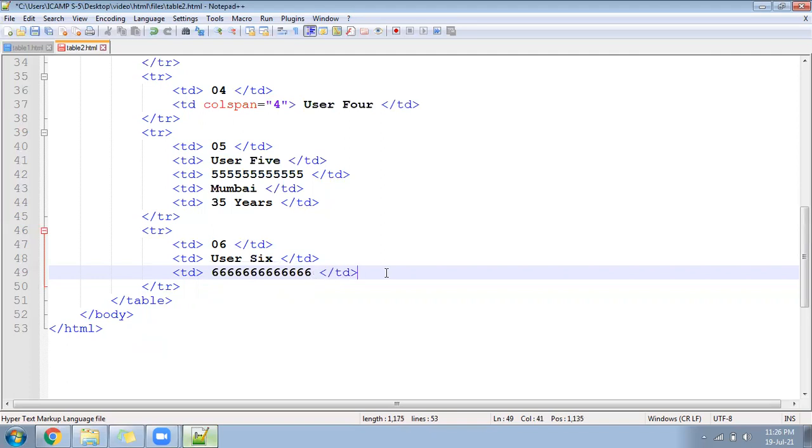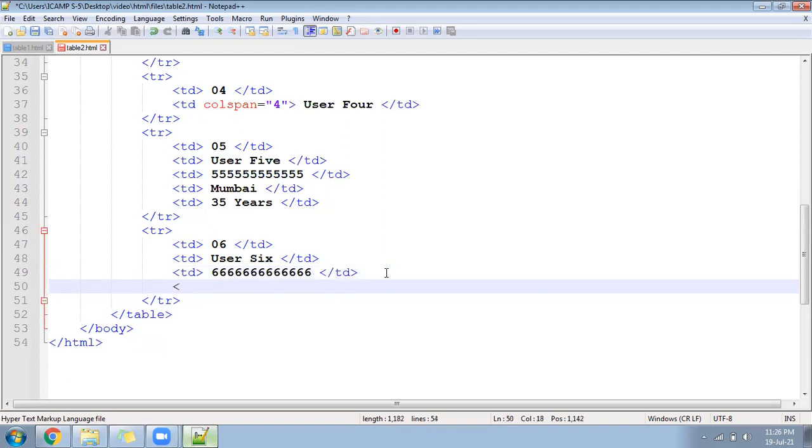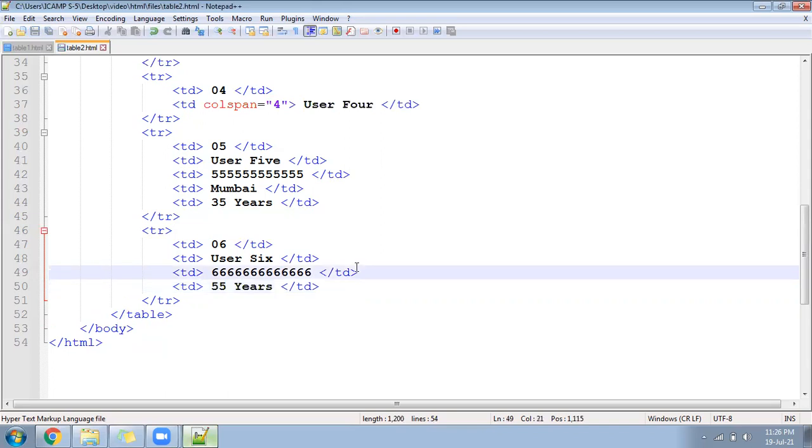And the user has not mentioned the city. He has mentioned directly his age, 55 years. Now what will happen? City is missing here. So let me run and show you.